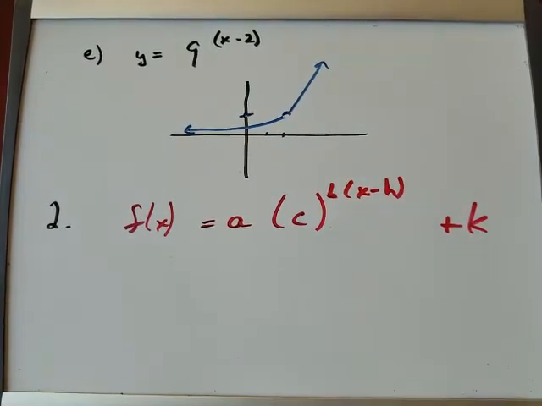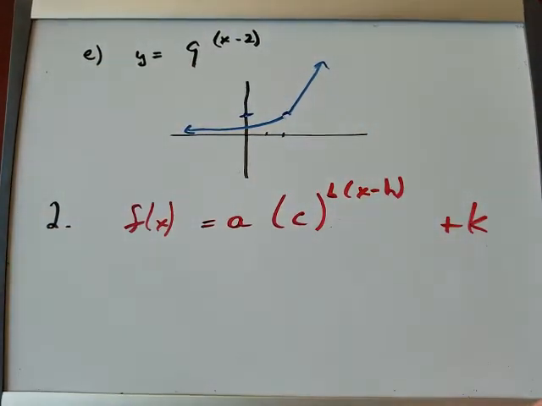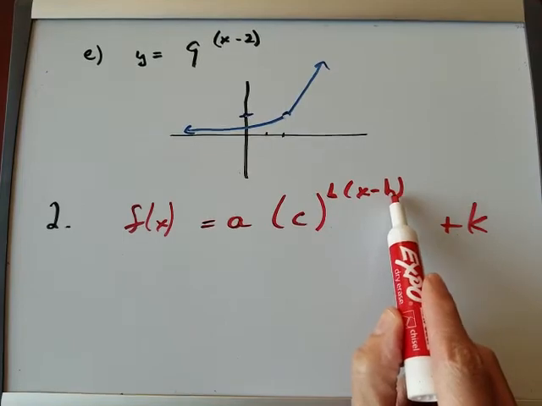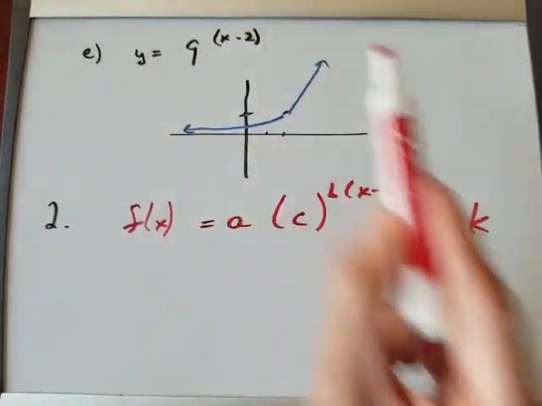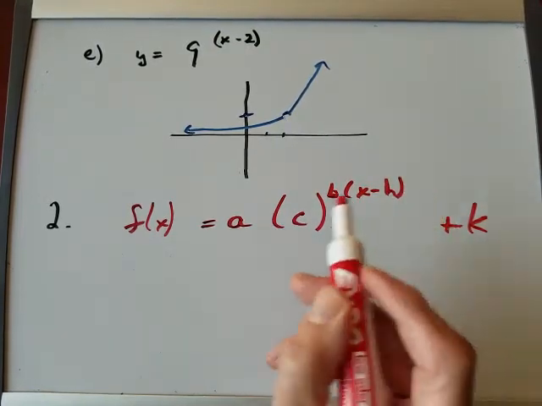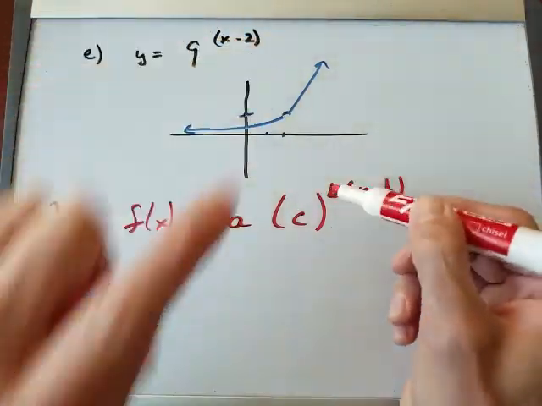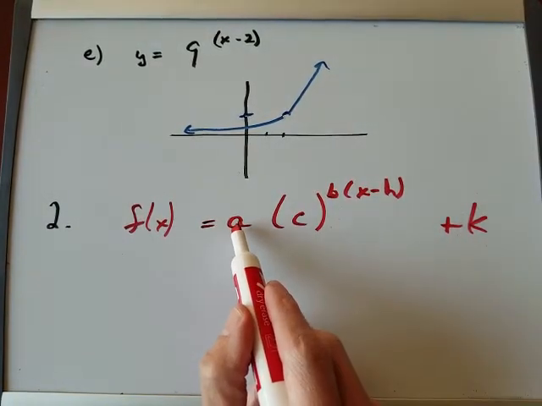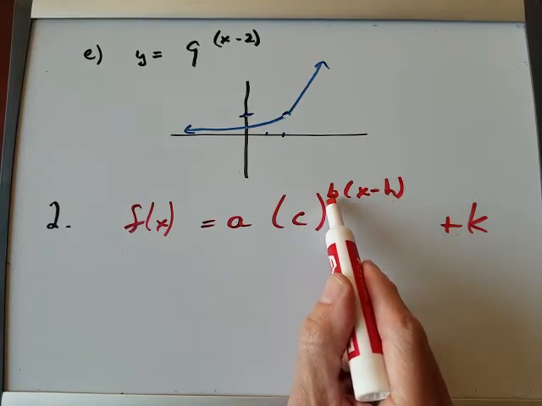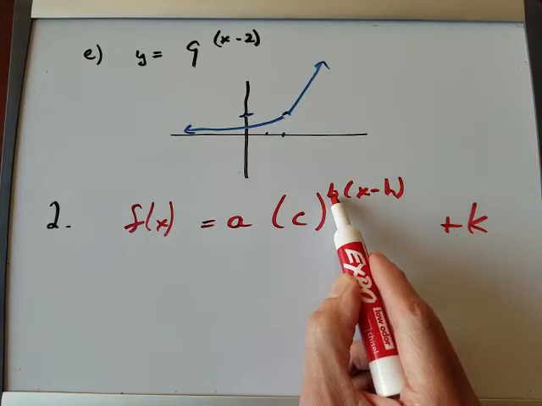Now let's start to analyze. The k, one of my favorites, is the one that moves things up and down, like letter C. The h is your wall, window, horizontal shift, like the -2. Now, the a and the b, we have to take those with a grain of salt. If you have a negative with the a, that turns it over the x-axis, a reflection. The negative in front of the b is a y-axis reflection. If we put a number here, that is a vertical stretch or compression, and putting a number here is a horizontal stretch or compression. I will, just like in the old days, make you acknowledge that,